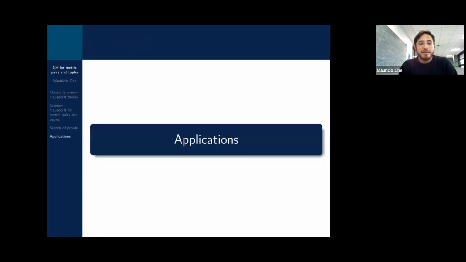All right, now I would like to finish with some applications of this framework, not really applications of the theorems that I mentioned, whose proofs I just showed, but applications of this language. And here I'm not really saying anything very deep. It's just that we can formulate some known facts in terms of this.